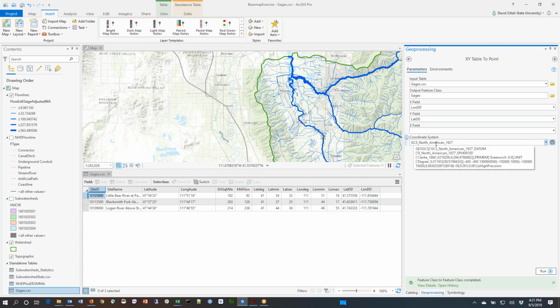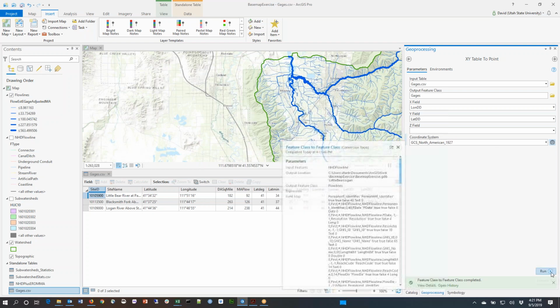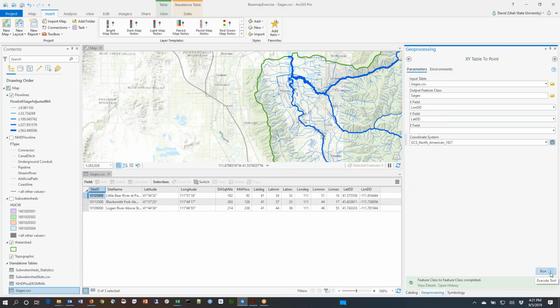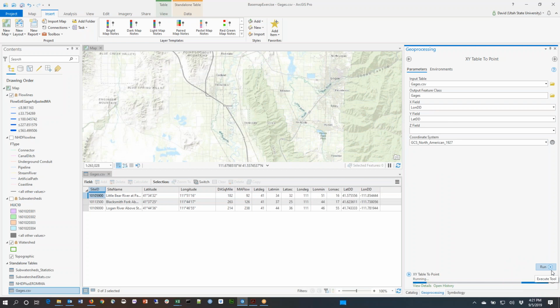So it says GCS North American 1927. So that's the coordinate system I'm going to use. It won't be too far wrong if you do something else, but it's better to use the one that is actually right. And I click Run,